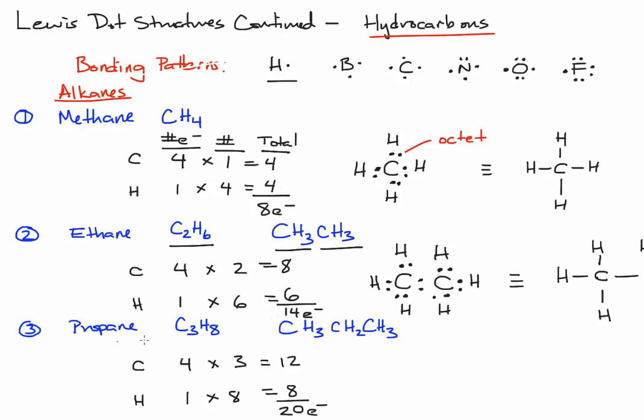So here's the name propane. The molecular formula is C3H8. That's very general. The condensed formula gives us a little bit more information about how these things are connected. From the prior ethane example,